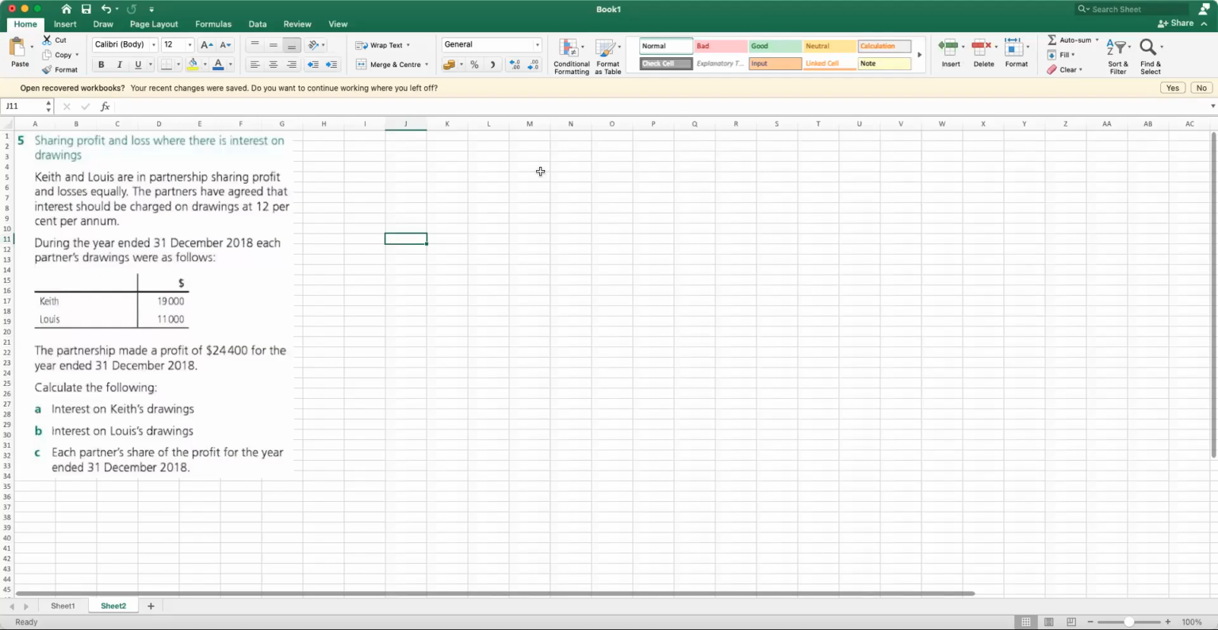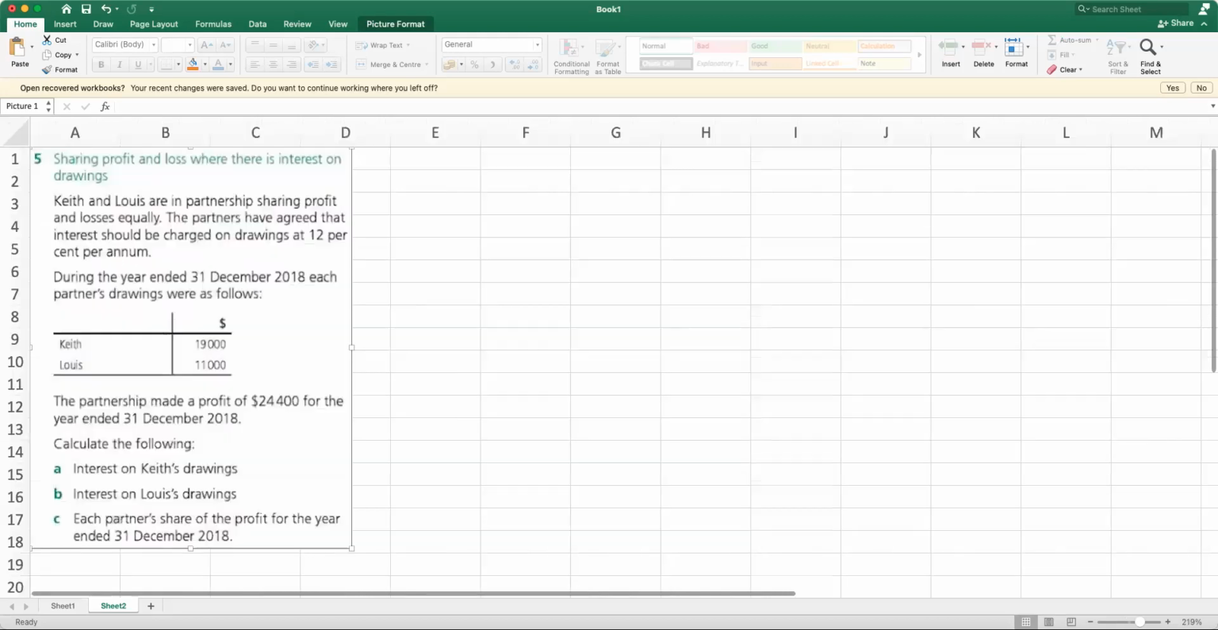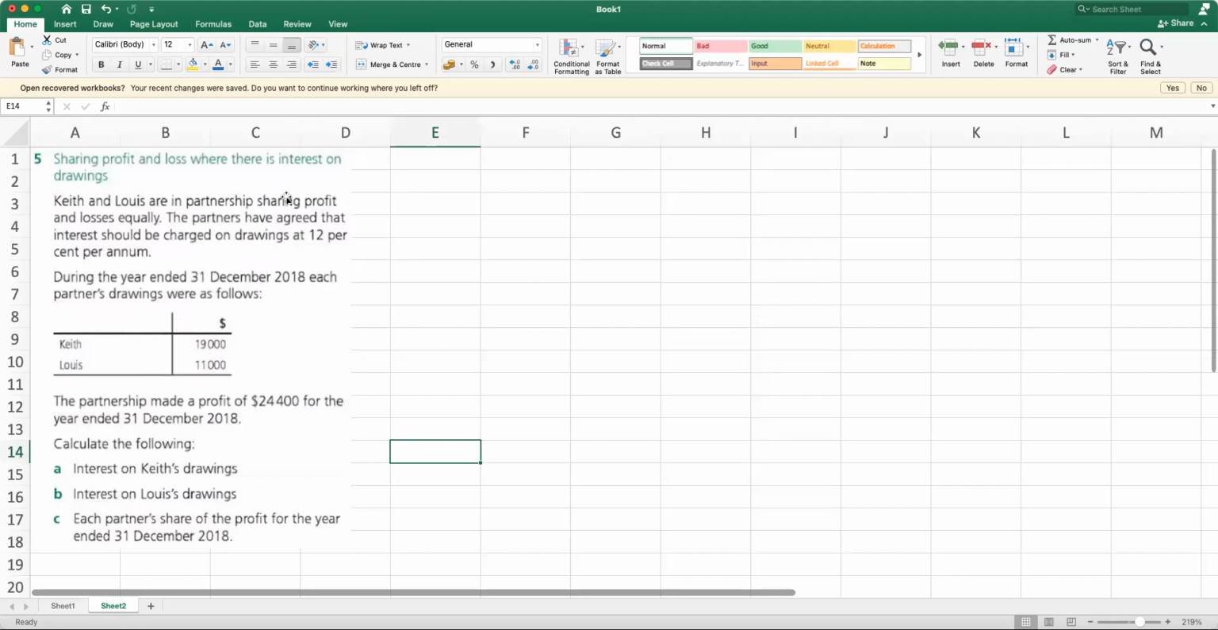So let's look at number 5. Number 5 is sharing profit and loss where there is interest on drawings. So now there's an inclusion of interest on drawings, where a certain amount will be added into your total amount of profit, then we will only distribute it. Because we have learned how to deal with interest on capital, so now let's figure out how we deal with